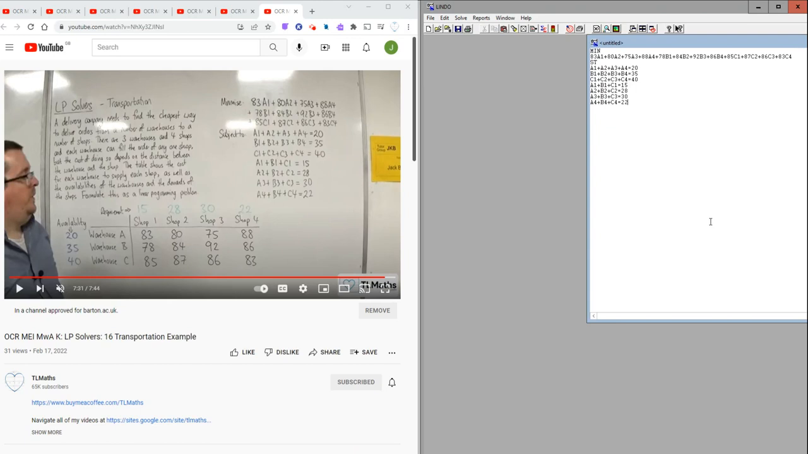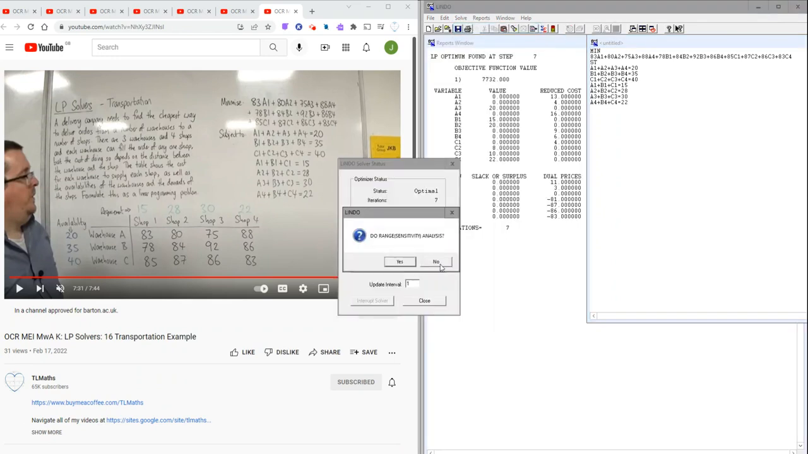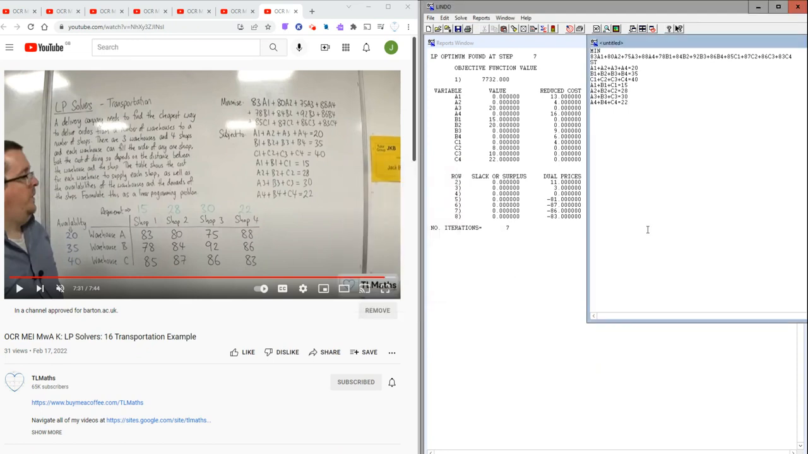So we're now going to take a look at the final problem, the transportation problem. And I've typed it into Lindo. Okay, quite a long one, this one. Hopefully I've typed it all in correctly. Just doing a quick double check. So let's have a look and see what it makes of it. So solve. Okay. So the objective function value is